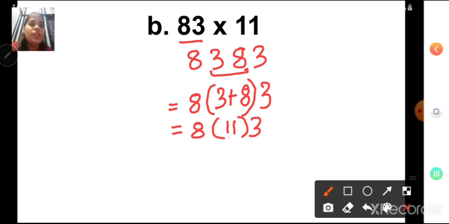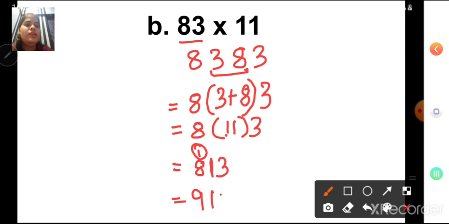Now again we have two numbers in between. So the number here in the tens place, it will be carry over. Okay, the normal carry over, how we do? The same way. So write here number 8. This number we are going to carry over 1. So 1 carry over. The remaining 1 is left. So write it here in between and then 3. Okay. Now what number we have carry over? We have to add it. 1 plus 8 is 9, 1, 3. So 83 multiplied by 11 is 913.